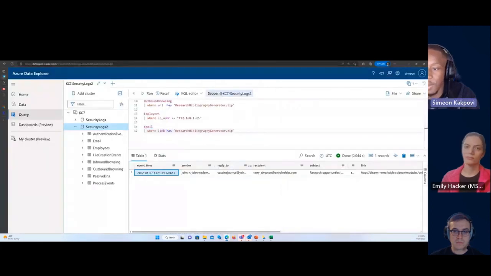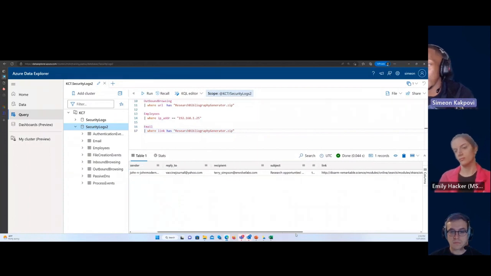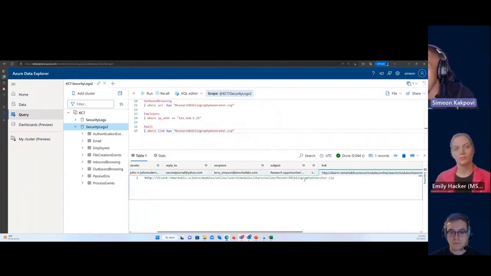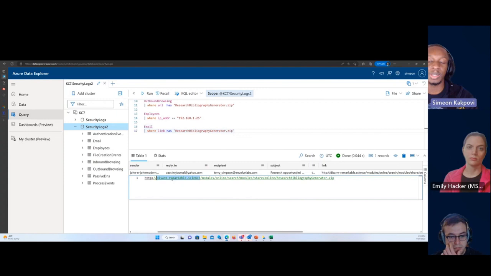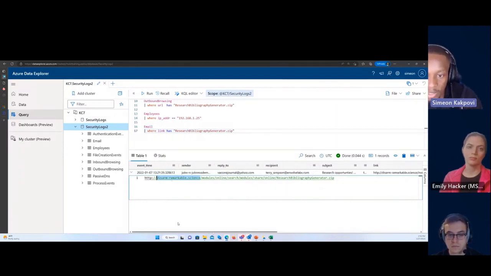We want to pay attention to a couple of interesting things here now that we found the email. One, there's a science theme to the domain, right? Disembark, remarkable, that's science. I asked earlier about thinking about the themes that you're looking at. Is this accidental? What are the traits of the adversary? What are the things that they're intentionally doing? What are the things that they're doing that they don't know that they're doing? And how can we use all these to cluster and define that actor based on the diamond model?